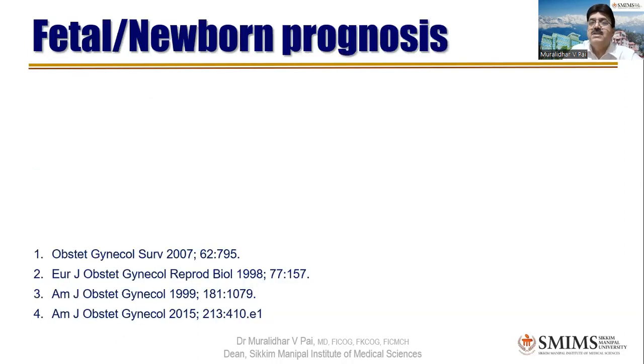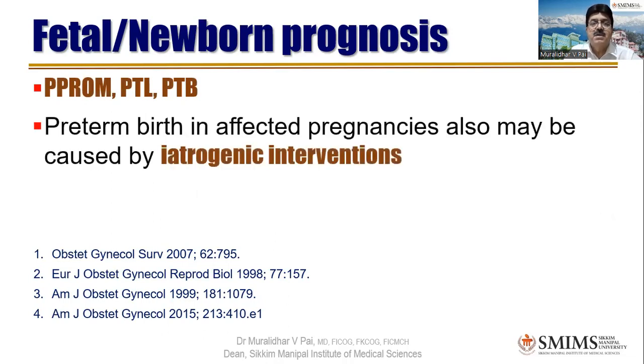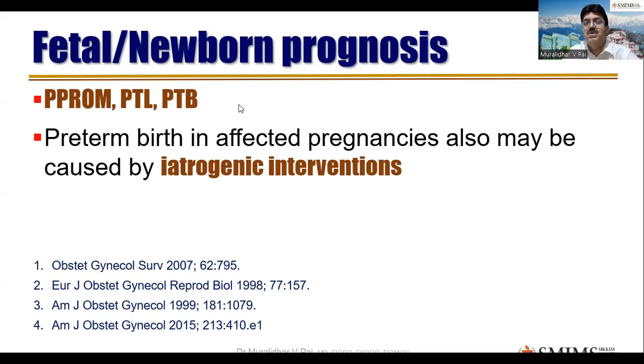So fetal and neonatal prognosis obviously depends upon the cause of polyhydramnios, how you handled it, and things like that. So it can land up in PPROM, as I said, preterm labor, preterm birth, which will have its own problems. Preterm birth in affected pregnancies may also be caused by iatrogenic interventions. What happens sometimes, if there is polyhydramnios, you may want to reduce the maternal distress by doing an amniocentesis, and amniocentesis or amnioreduction, what you call, that itself will give rise to the